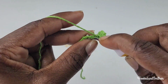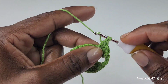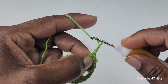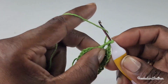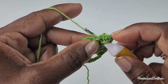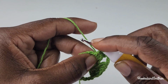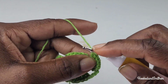Three double crochets into the next double crochet stitch. Chain 3 and repeat 3 double crochets into the next double crochet. Three double crochets into the next double crochet. Chain 3